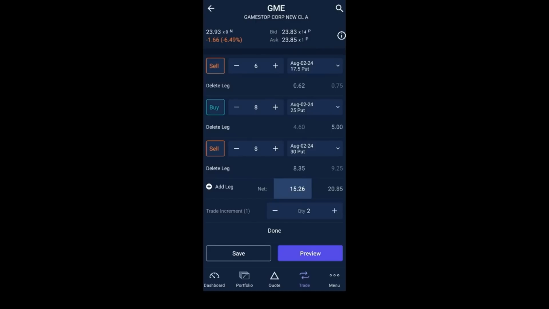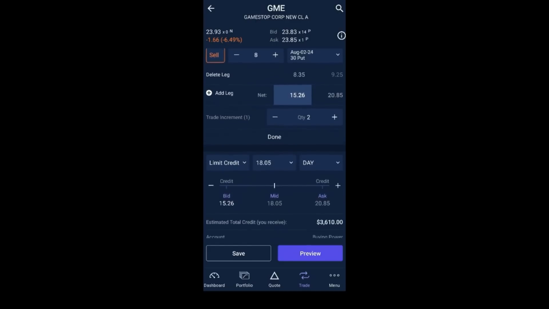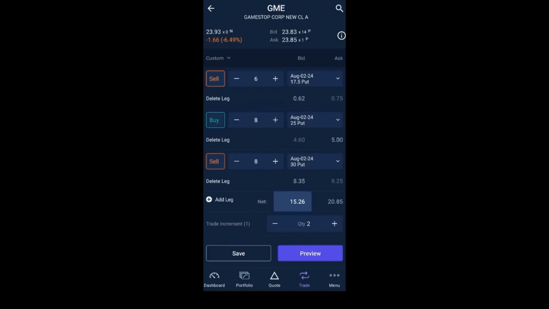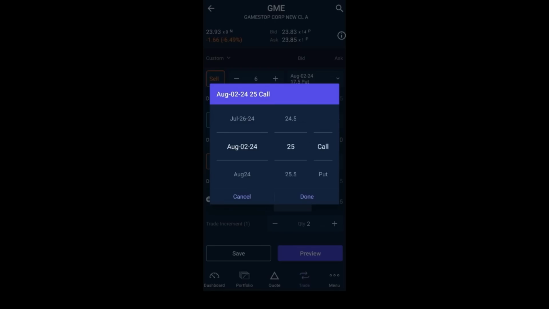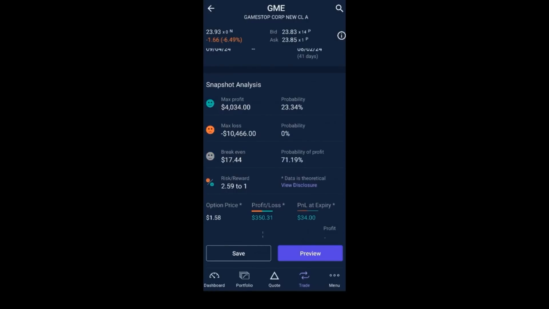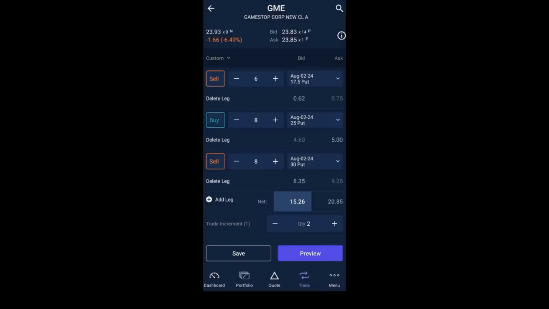Except unfortunately, in this situation, your max loss is going to be greater than it was previously. Yeah, you can see right here that the max loss is almost $11,000. And I think that for the call side, it was around $500 less than that. Let me just verify that. Yeah, your maximum loss is about $500 less when using the bullish call spreads.